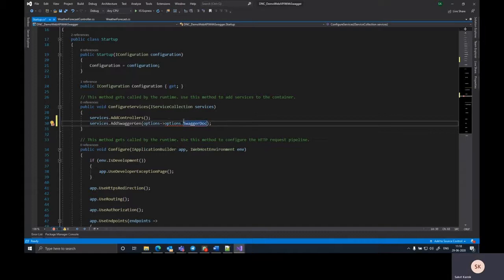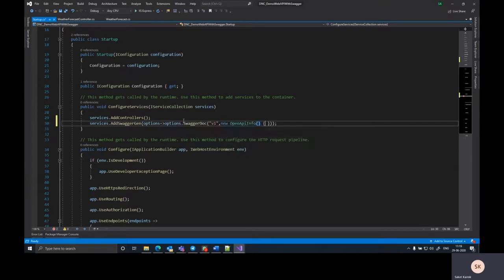It takes in a couple of parameters, the name of the document, followed by the OpenApiInfo instance. Name I'll put as v1, that represents version 1, followed by a comma, followed by a new instance of OpenApiInfo,